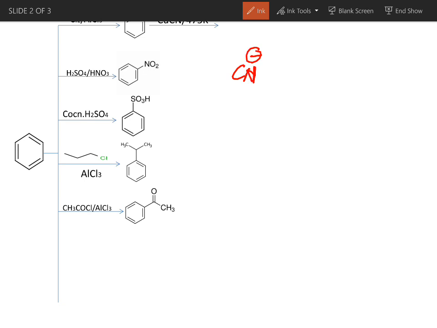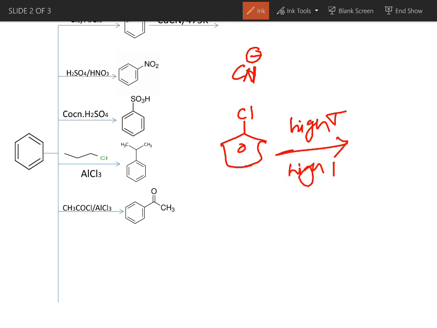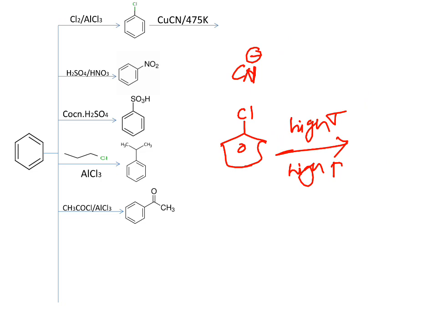On benzene and benzene derivatives, nucleophilic substitution reaction is not possible at normal condition. It requires some drastic condition. That is, on chlorobenzene, if you want to introduce CN-, which is a nucleophile, it requires drastic condition, and that is high temperature and high pressure. Since they have given temperature as 475 Kelvin, which is very high above room temperature, so this can undergo easily